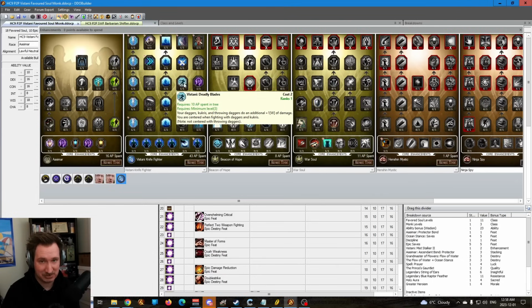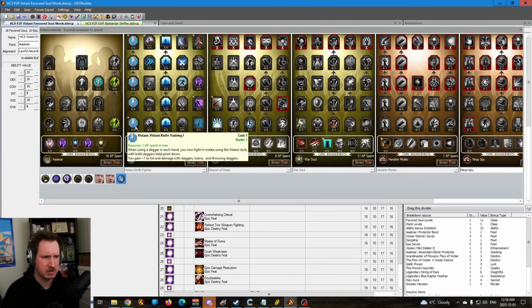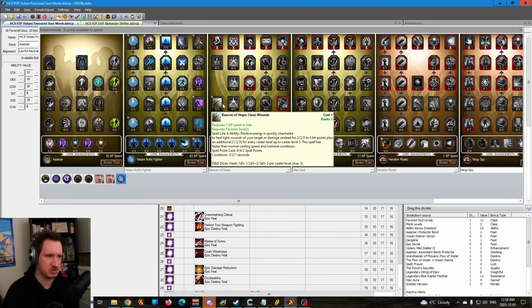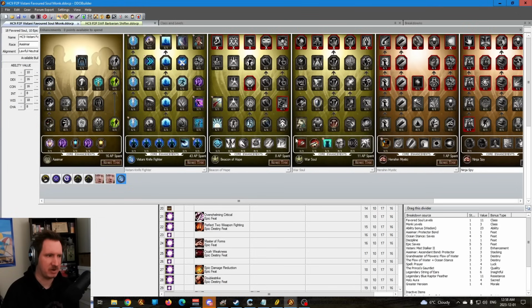You can get this at level 3, so that's why you want to go up the Vistani tree, grab all your good Vistani stuff, Rapid Attack, grab the Haste Boost, and then get Deadly Blades once you can. And then once you have Deadly Blades, you have that all set up, then Beacon of Hope into Closed Wounds, and then once you have Beacon of Hope and Closed Wounds, I would recommend grabbing Divine Will, because Divine Will